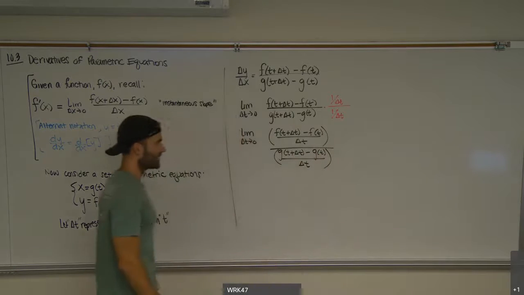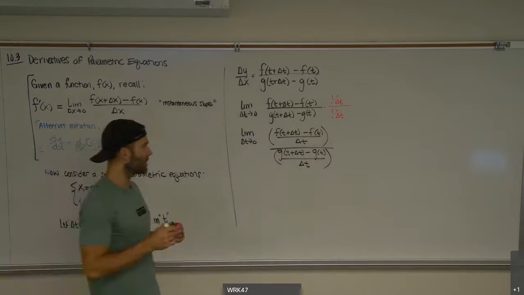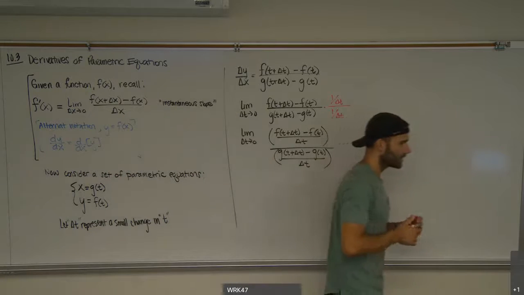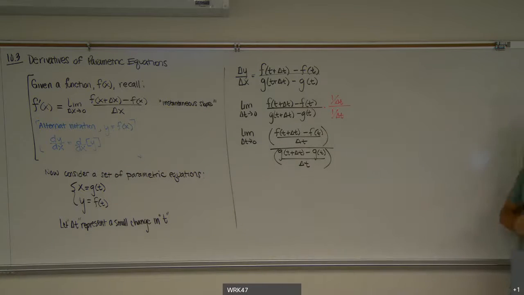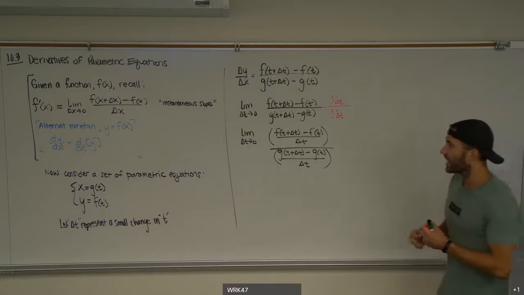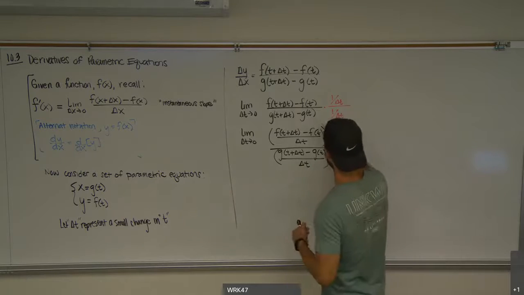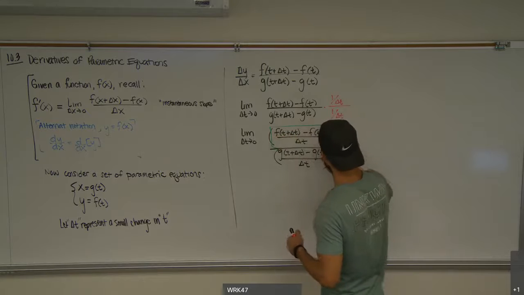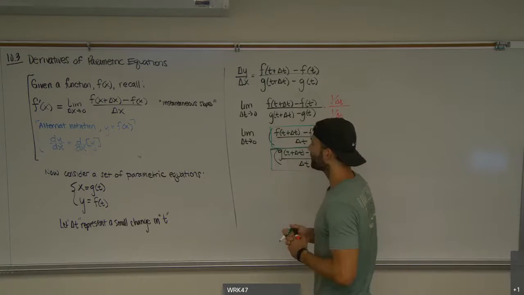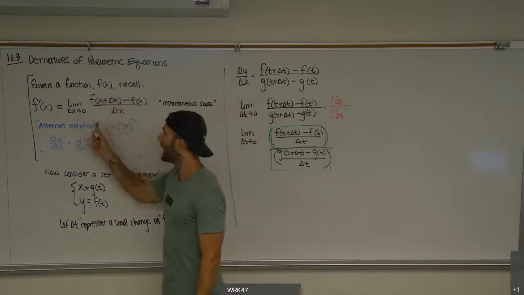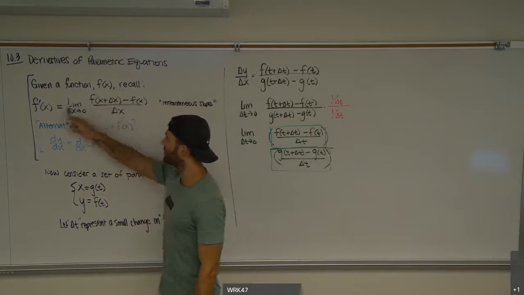I put them in parentheses to get an idea of the numerator and denominator being separate. And although we have fractions within fractions, and it doesn't look like I've made it any easier, it looks more complicated, now we look at what the numerator and denominator are separately, and they should look very familiar to us. In fact, if I go right here, I notice that this limit is the definition of the derivative of this